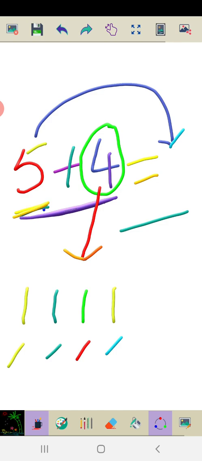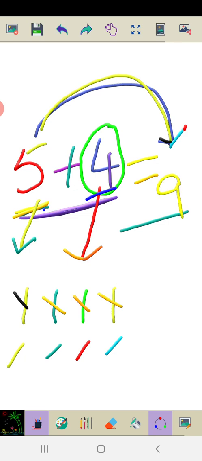So when I am adding 5 with 4, what will it become? After 5, I have to count from 5. After 5, 6, 7, 8, 9. So what will the 5 become when I am adding 4? So this number will become 9. The new number is 9. So what did you understand with this? Either when I am adding or I am removing, the number becomes a new number. Understood?